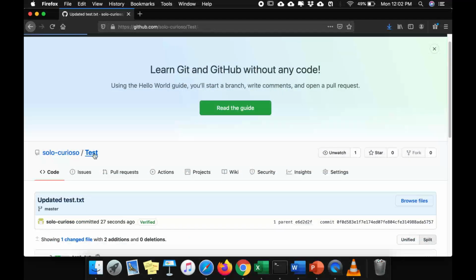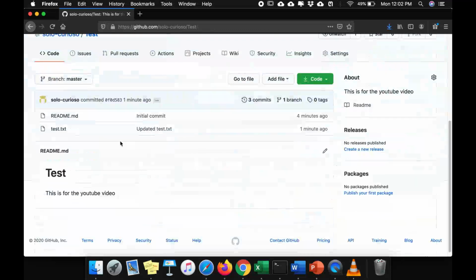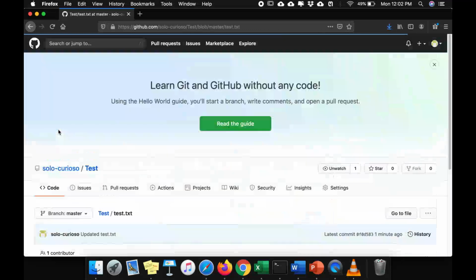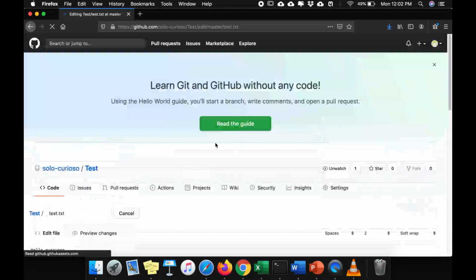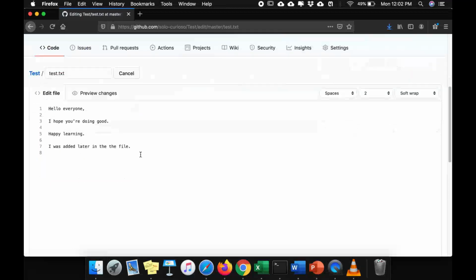Let's get back to our repository and edit our file once again. This time why don't we add a line I was added after the second update, and let's delete a line like hello everyone and I hope you're doing good.